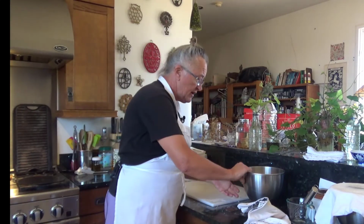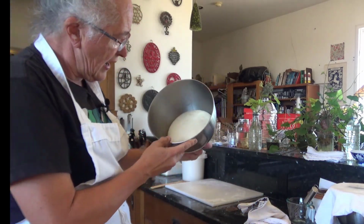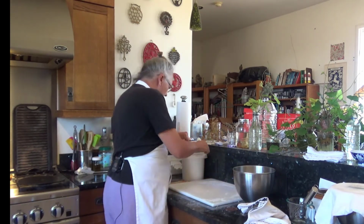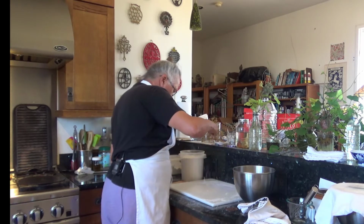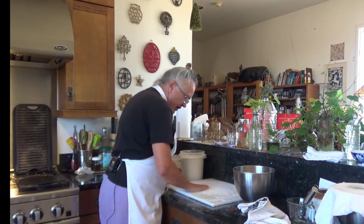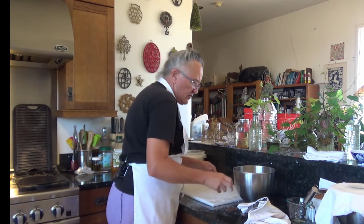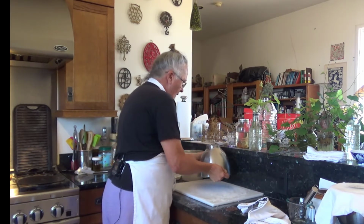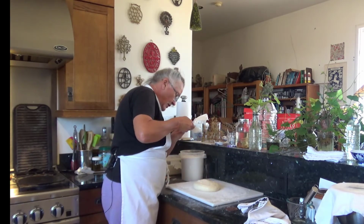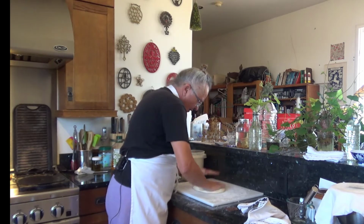So the dough is nice and poofy, and it's ready to be used. So let's get a little bit of flour on the board. Don't want a ton, but I also don't want it sticking to everything. My hands are obviously clean. And we dump out the dough. I'm going to lightly sprinkle a little bit of flour on top because I want to be able to